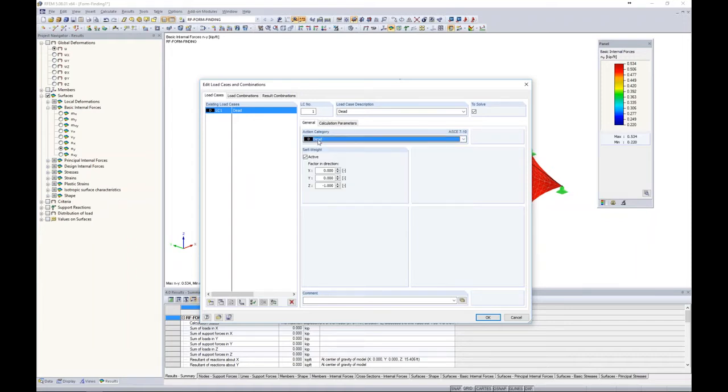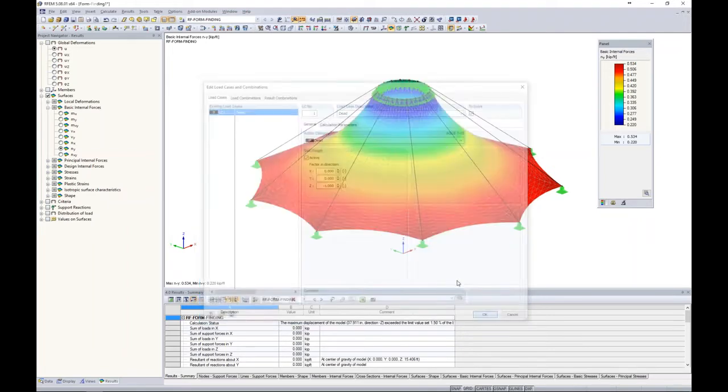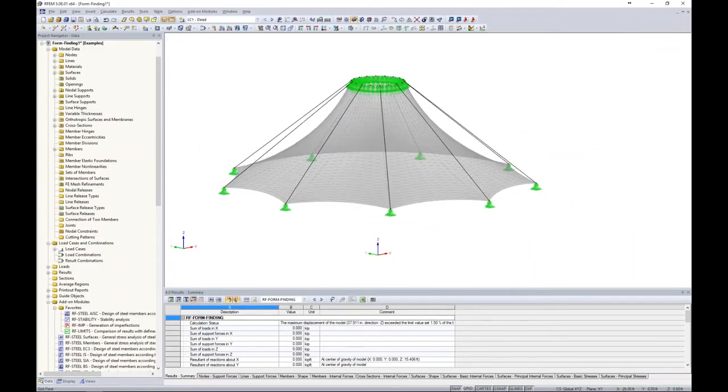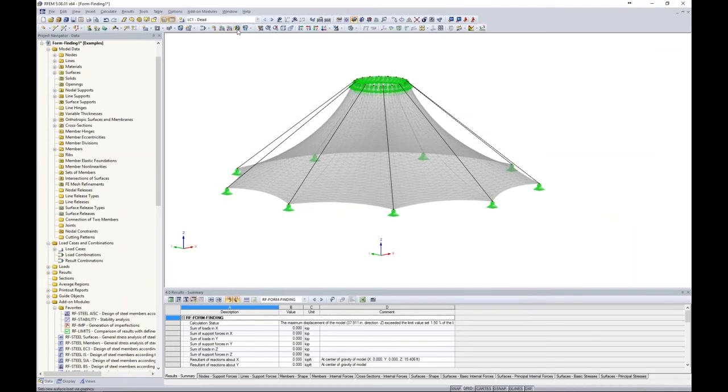So we will keep the dead load for the action category. Self-weight is checked automatically for dead load, so this will account for our self-weight within this particular load case. For all other load cases, we'll leave this as unchecked so we don't account for it twice. We click OK, and now you can see that no loads have been applied to our structure yet, but using